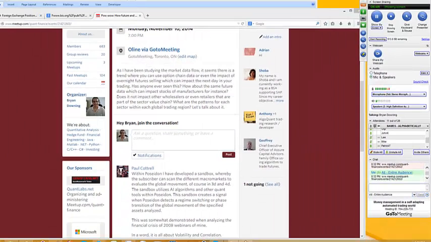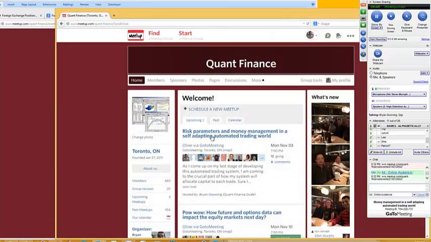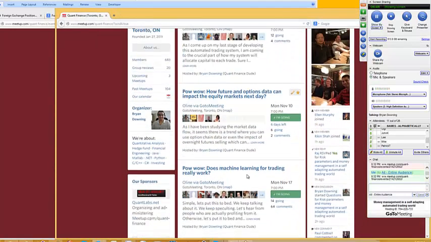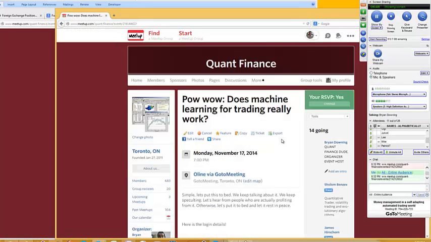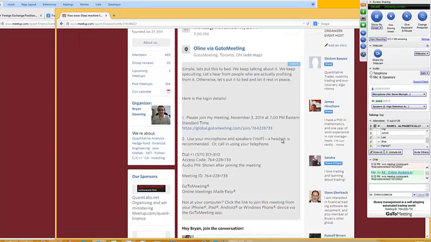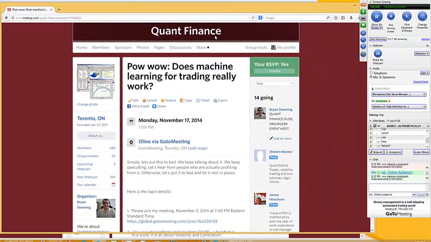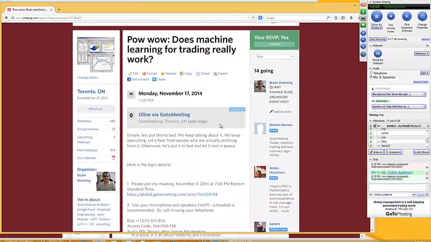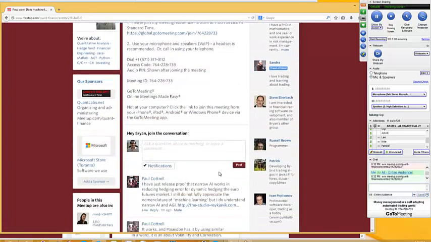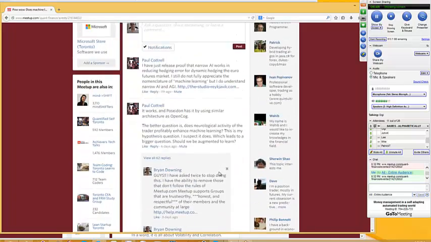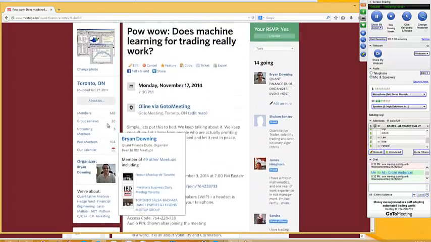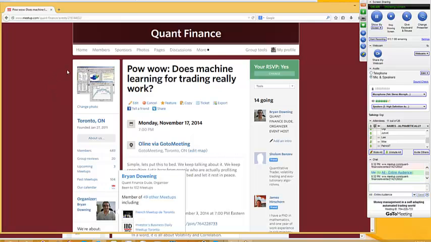Who's interested in the machine learning one on November 17th? Here's the topic: does machine learning actually work? I think what you want to say is whether it works for trading, because it works in general. Yeah. I think the problem is that machine learning works. The thing is, can you put your trading ideas into some sort of model which is usable in a machine learning way? Right. So the problem is not if machine learning works, but if you can express your idea in something which is usable using machine learning.